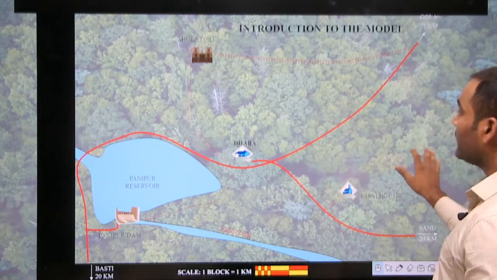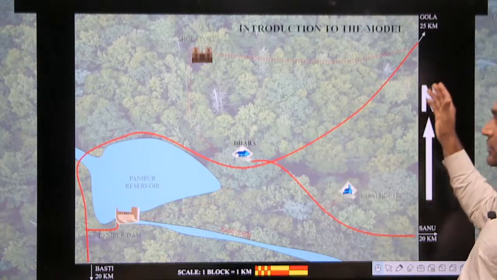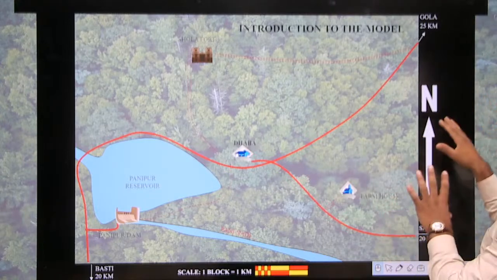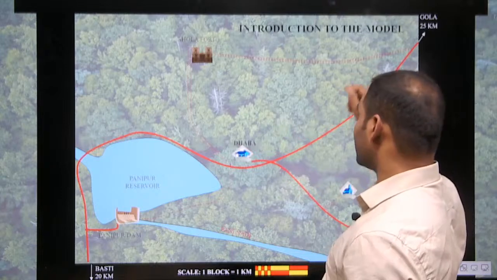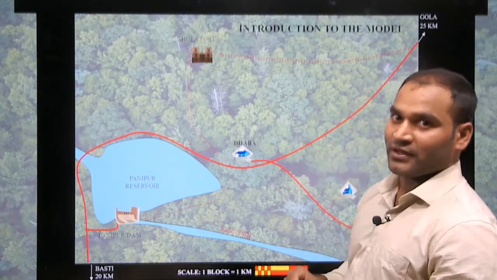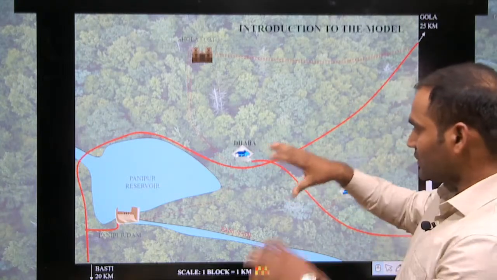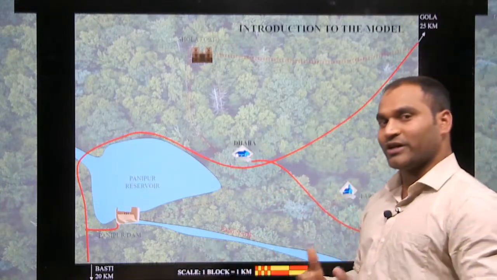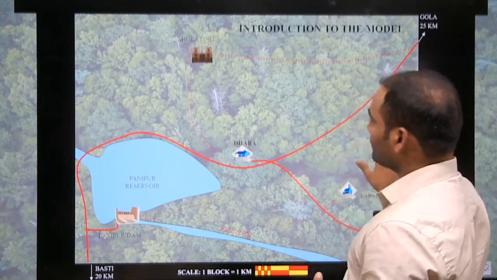assumptions there. Next is this N, which means this is the north direction. If it is north, you know this is the east, west, and there is south. So, according to the direction you have to move, like you are here, if you are moving over there, what is your direction? How many kilometers will it take to reach Golapur, right? What is the speed of your vehicle? So, all these things you have to keep in mind, and this map will be there on the right in front of you. So, you can assess the information, or you can corroborate the information.